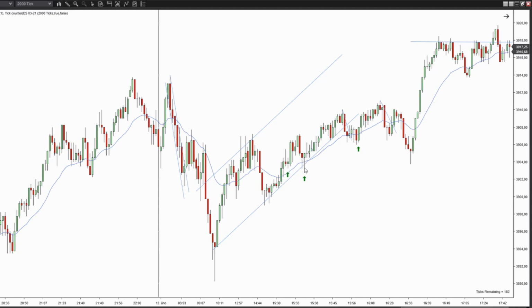I like this setup much better. This is another pullback, nice bullish reversal bar. Now we are at the EMA and at the trend line. This is a third touch, definitely confirming the trend line. EMA and trend line are congruent, so I think this is a much better setup. We are touching both key entry points. It is just a first entry, but since the EMA and trend line are congruent, I like this a lot,